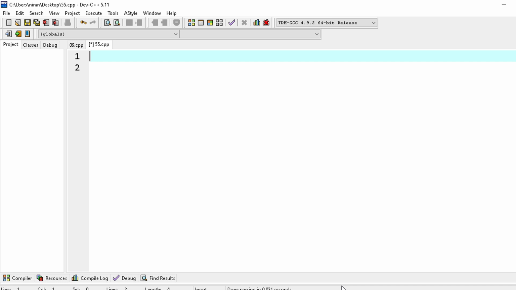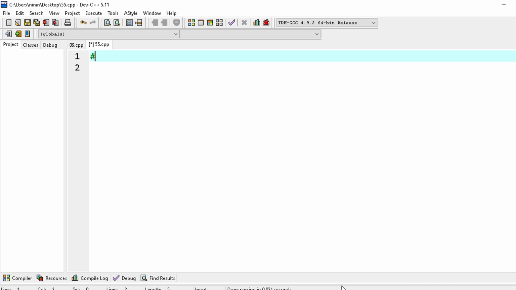A typical example is the getchar function, which is declared in this header. You also know that the getchar function is used to take a single character from the user. The getchar function has no parameters, but it returns an integer type data that represents a character. I can show you one simple program so it is better for you to relate to this.